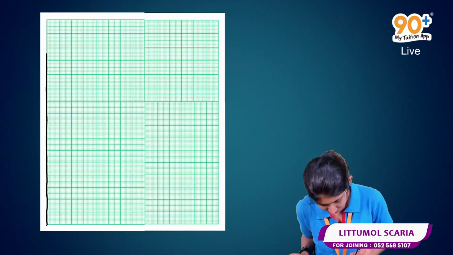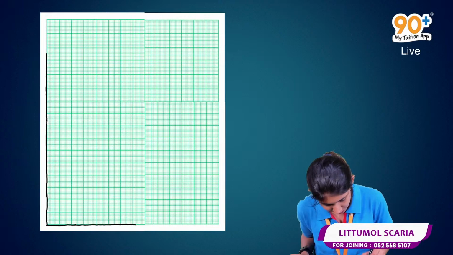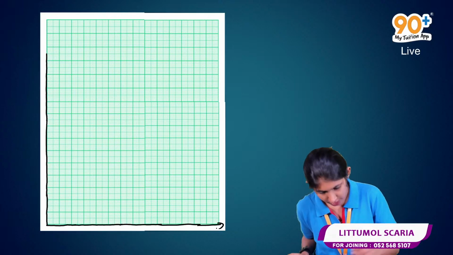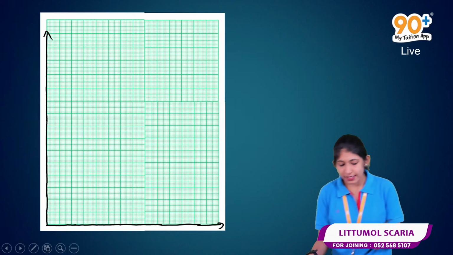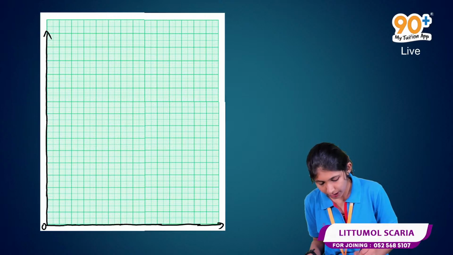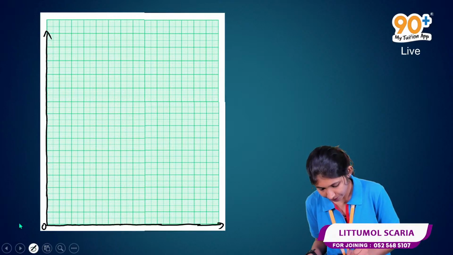X-axis and your y-axis. Use your scale to draw this. Yes, here is your x-axis, here is your y-axis. Okay, now from the origin, mark the points 0,